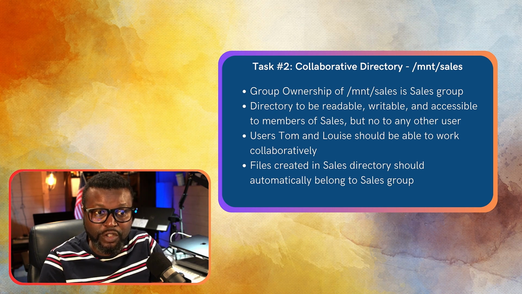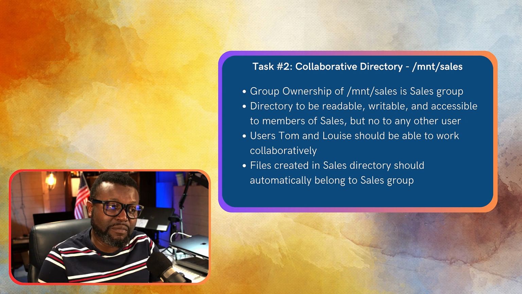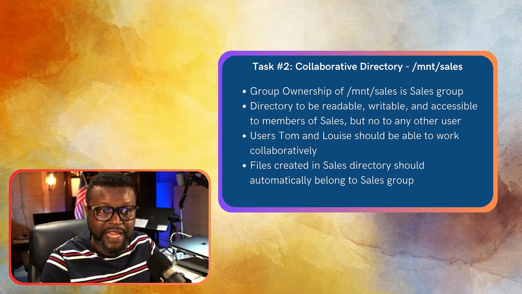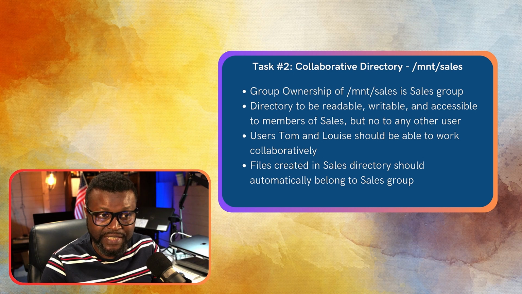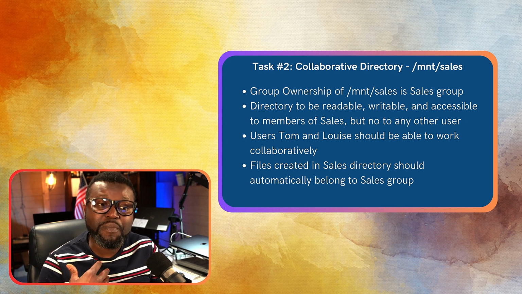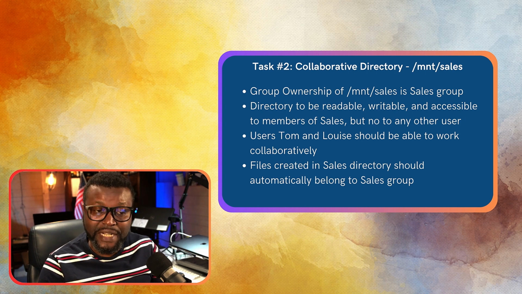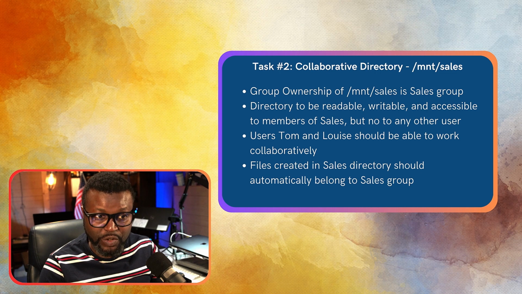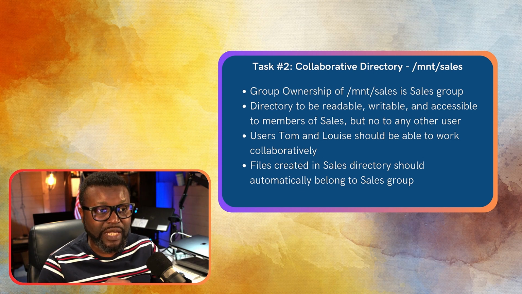Also, how do you make sure that members of this group are able to collaborate? Lastly, the files that you create in this specific directory, how do you make them automatically belong to the specific group that you want to assign? So that's the project in this